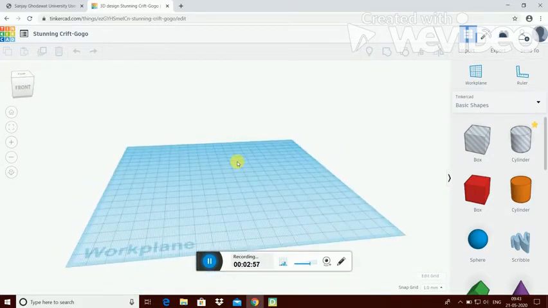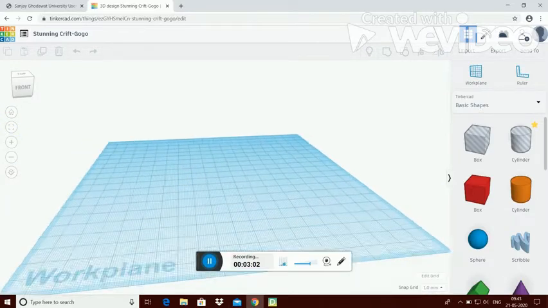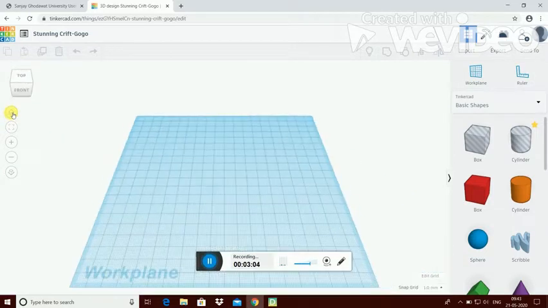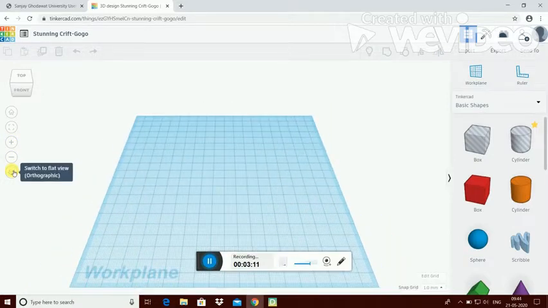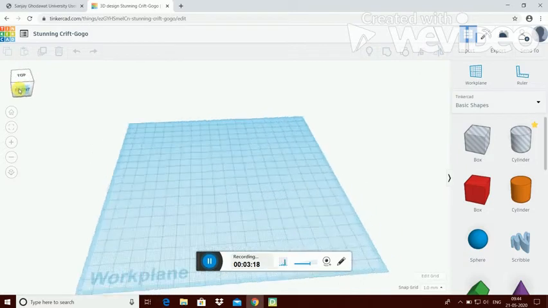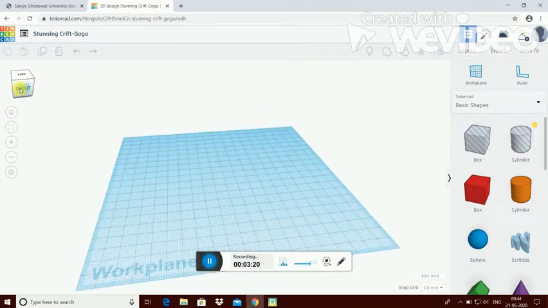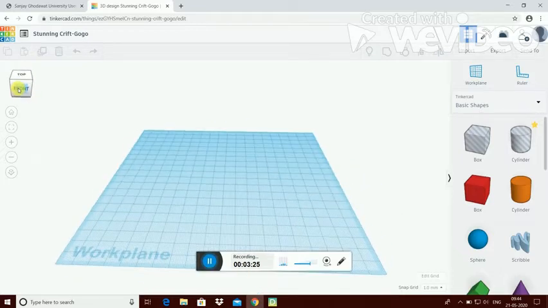If you want to zoom, just scroll your mouse button. If you want to go back to the home view, click on this home button. Then there is the fixed view plane, zoom in, zoom out, and the option to switch to flat view or 3D view. From here also you can see it in 3D. If you have any difficulty scrolling the mouse, you can move the three-dimensional objects from here also. Here you can see one dummy work plane. I will tell you the use of that dummy work plane later.